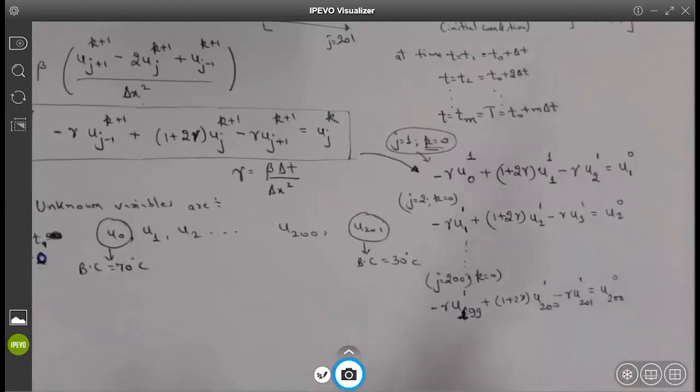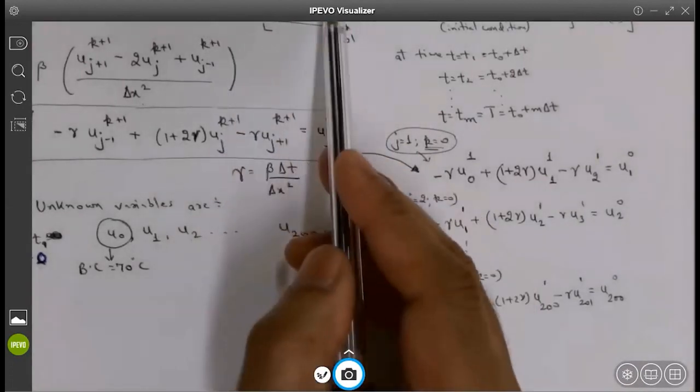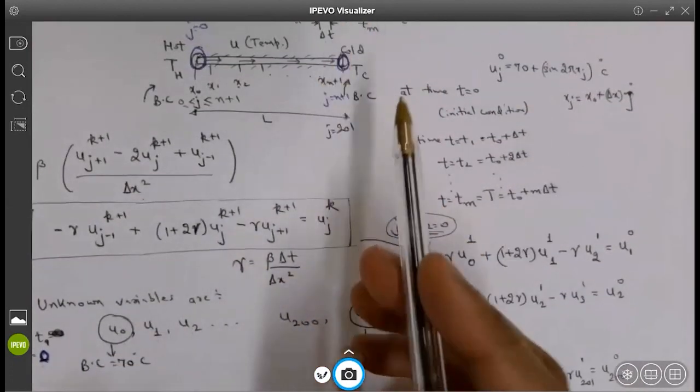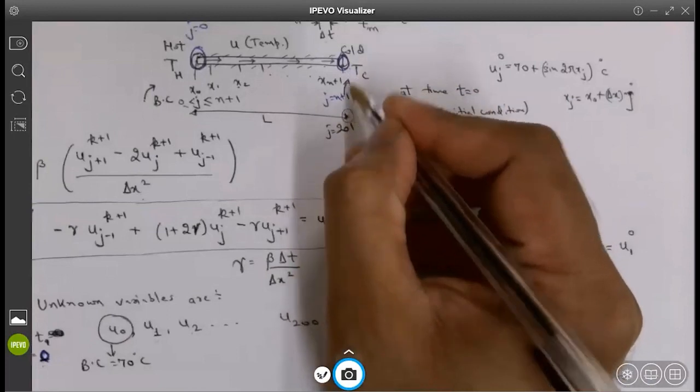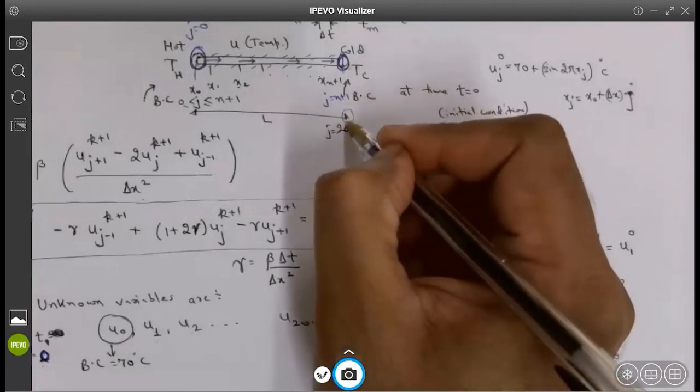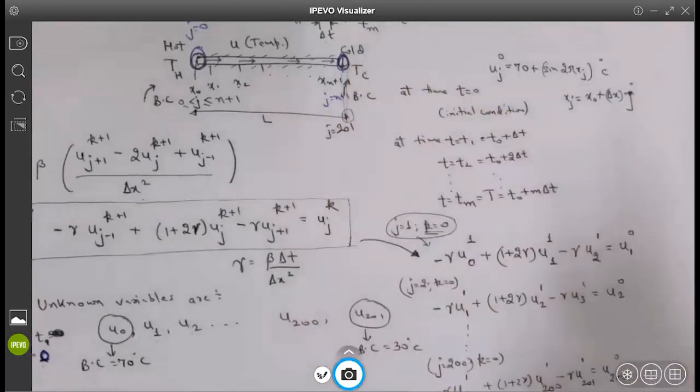Is it because of the n+1 rule that we established earlier that we can only go up to 200? Because you said the values for j are between 0 to n+1, that's why we can only go up to 200. The reason I'm not going up to 201 is because these are already known to me. This is a part of the boundary condition. I don't need to solve for that.